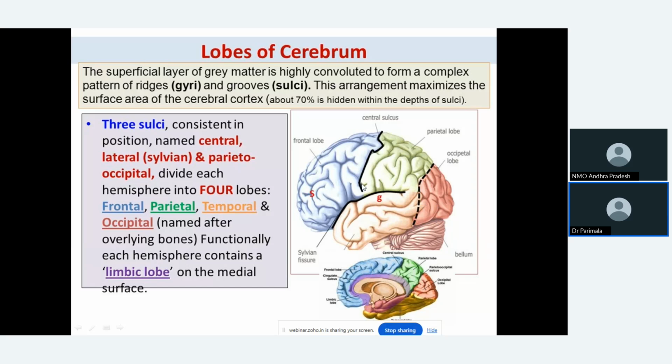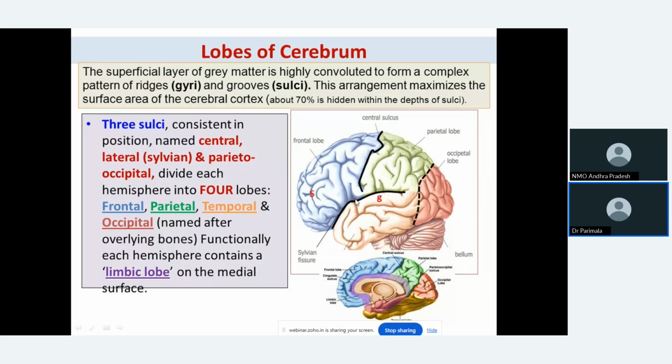Next, there is one important sulcus on the superolateral surface which is extending slightly behind the middle of the supromedial border, and it is obtuse in nature. This largest, obliquely placed sulcus is called the central sulcus. This is the second. First we have drawn the parieto-occipital sulcus, now the central sulcus. And the third sulcus here is the lateral sulcus.